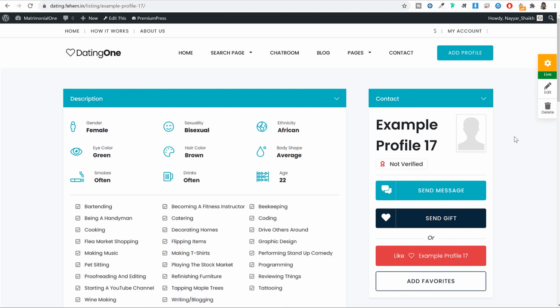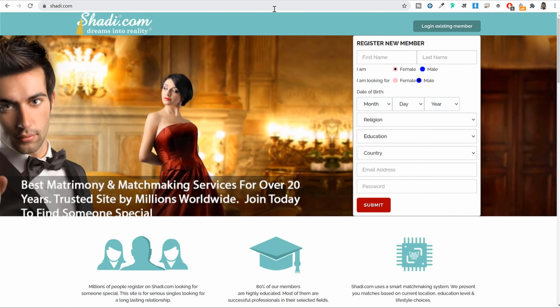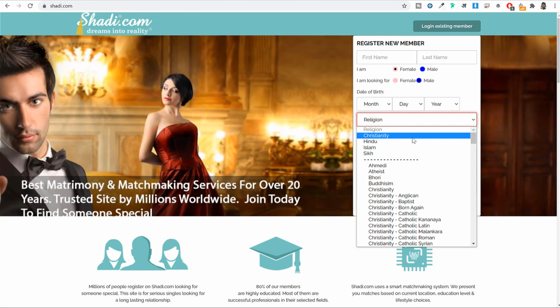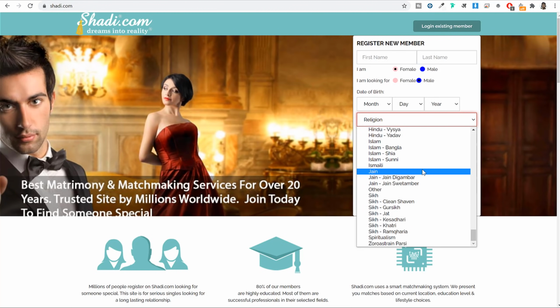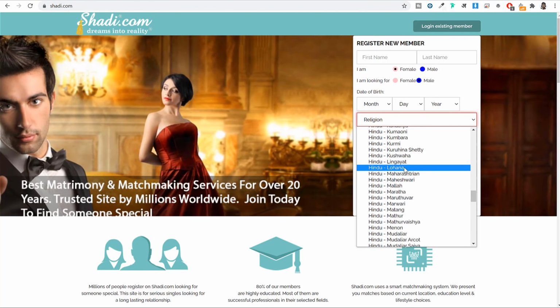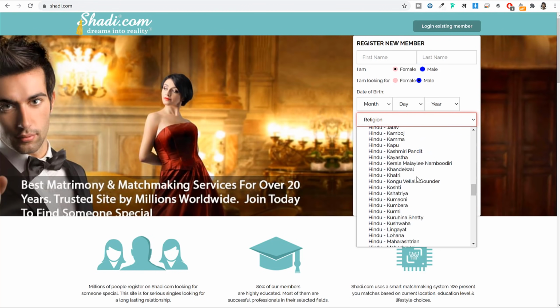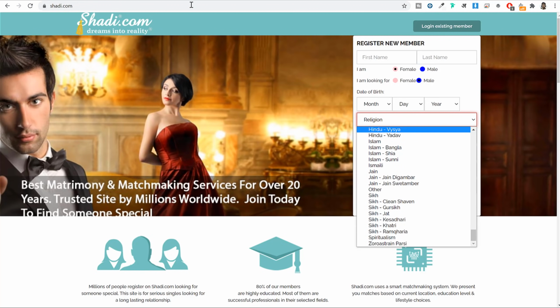Maybe you might want to add some other options. For example, an option for education, whether the person holds any education degree or not. Or if you come to Shaadi.com, which is an Indian matrimonial website, they have added a religion option, so a person can search based on different religions. In fact, within religion they also have different categories, like Brahmins and Hindus, hundreds of different castes or categories. All these options can be added from here.